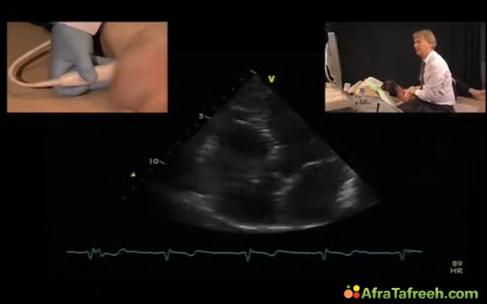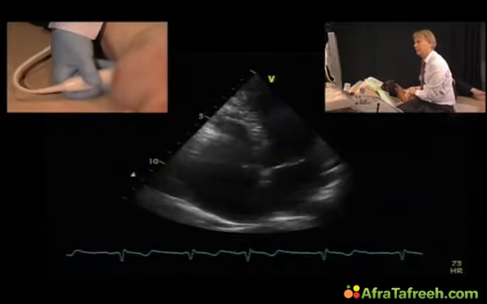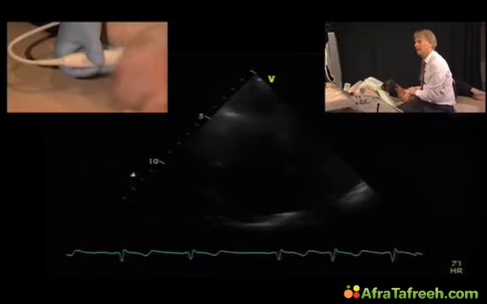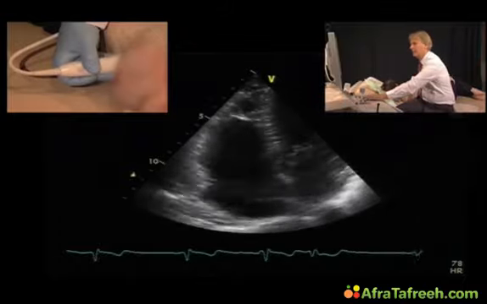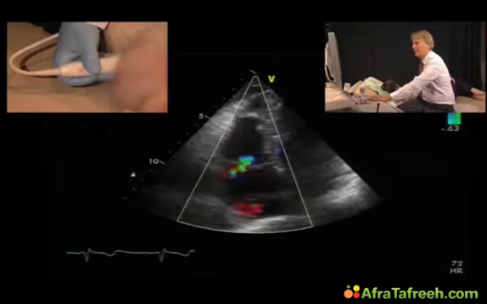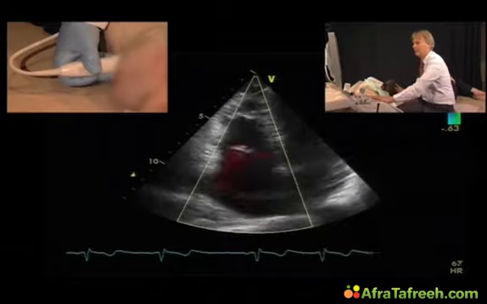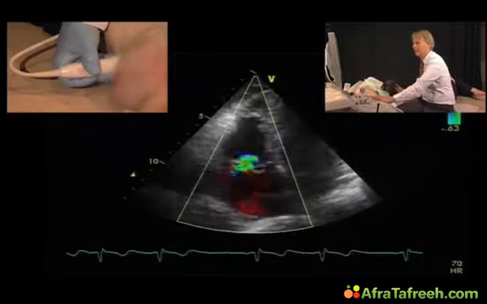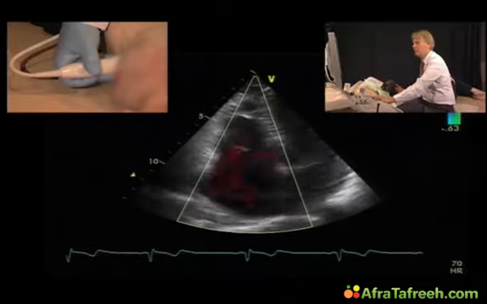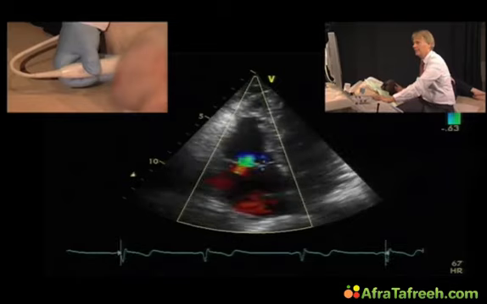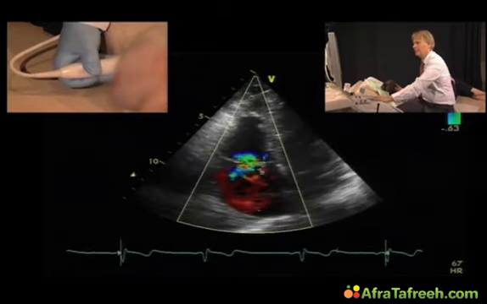This is an apical four-chamber view. Again, we'll try to bring the tricuspid valve into the middle of the sector. And then we can see the regurgitation here. Most importantly are the proximal portions of the jet. That's why I'll focus on them. And you can see here the flow convergence zone. And somewhere in here the vena contracta,